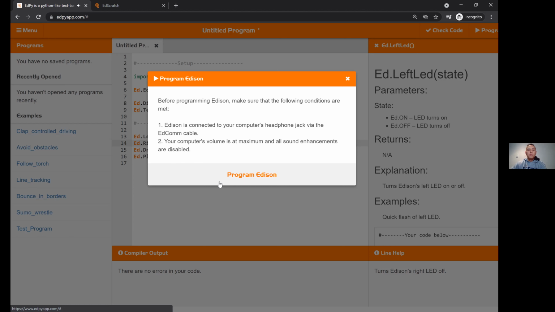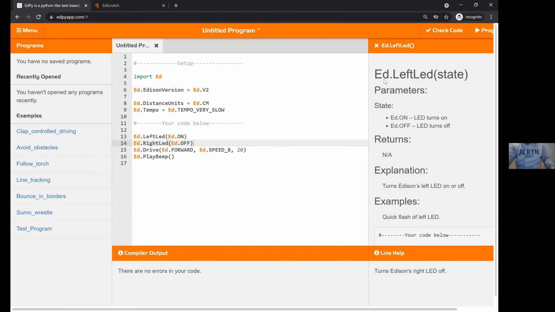It will take a bit longer because it is Python, so it's going to take slightly longer. Now we're going to see how it runs.